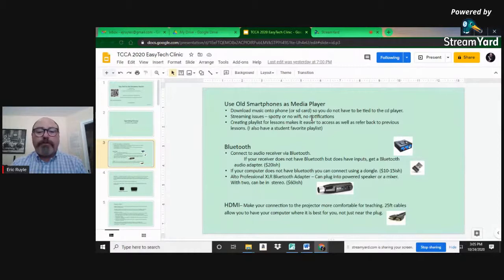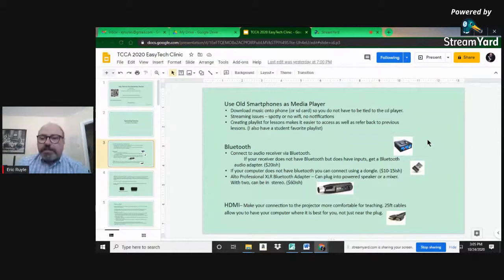So you can use an old phone to do that. Then you just carry it around. I do the same thing for my programs that I do with the kids. I have it all on there, so I can just pull it up, boom, boom, boom, and have it through. Bluetooth, you can connect through. Obviously, Bluetooth is the big thing.